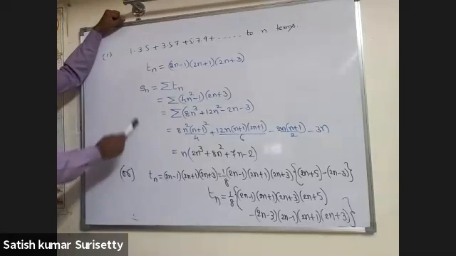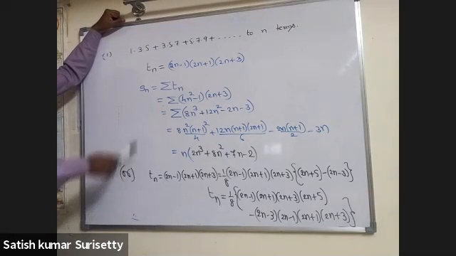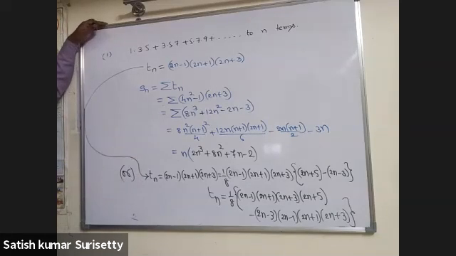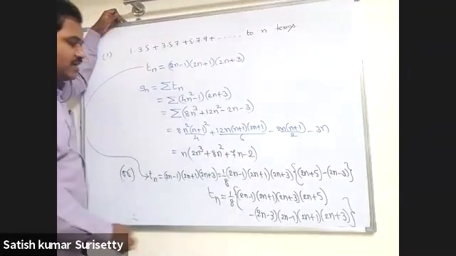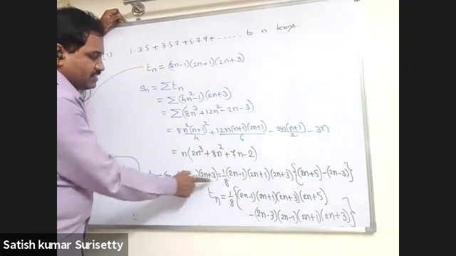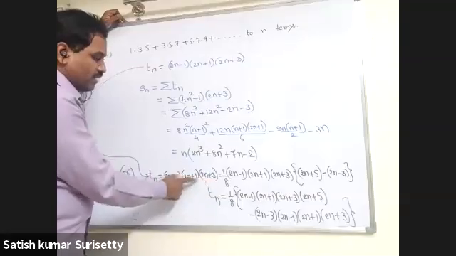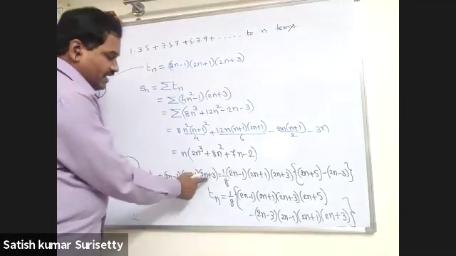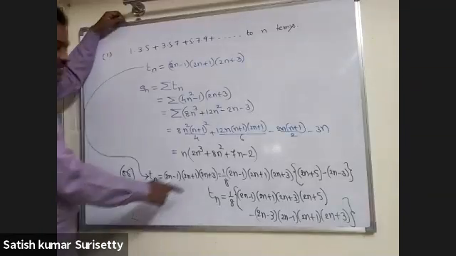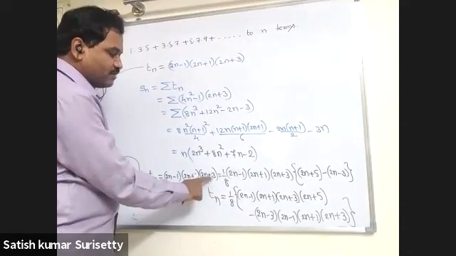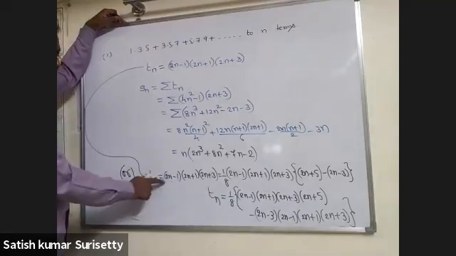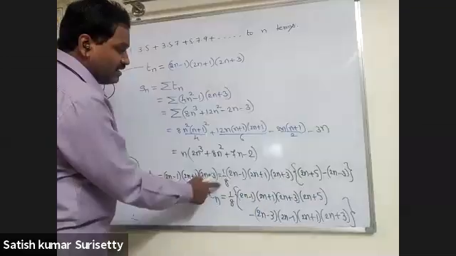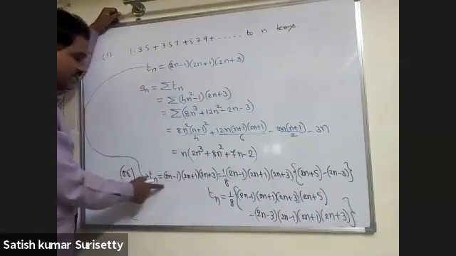Now instead of doing this method, you can have one more method, where we can express the nth term as a difference of two consecutive terms. So how to express it: when the factors are in arithmetic progression, you multiply with one more factor by using the difference of the next factor and the previous factor of this. So the next factor for this you can guess as 2n plus 5, and the previous factor for this is 2n minus 3. You take the difference of that, it will be a constant which is 8.